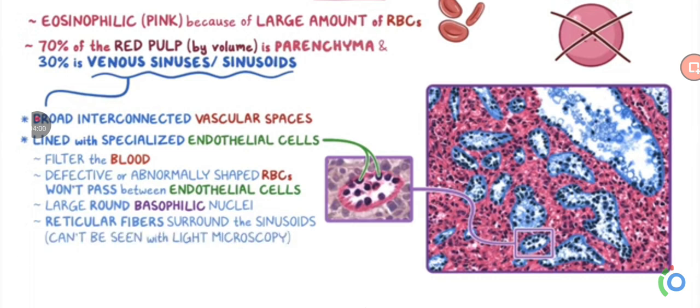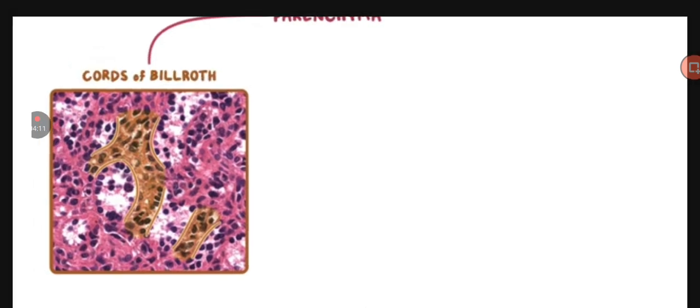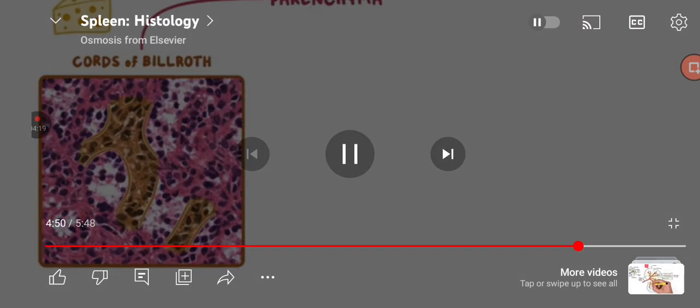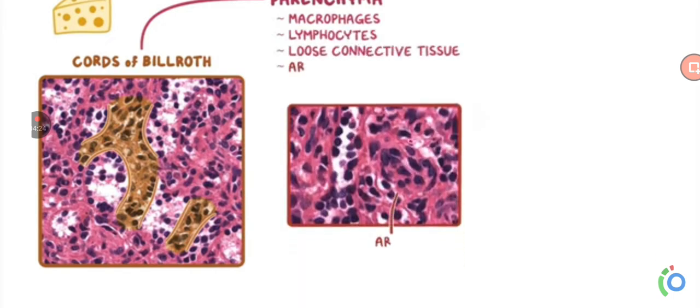The venous sinuses of the red pulp actually look like cords under the microscope, which is why they're also called cords of Billroth, although if the red pulp was seen in 3 dimensions, it would actually look more like a piece of Swiss cheese with the holes representing the sinusoids and the cheese representing the parenchyma. The parenchyma is a combination of macrophages, lymphocytes, loose connective tissue, arterioles, and